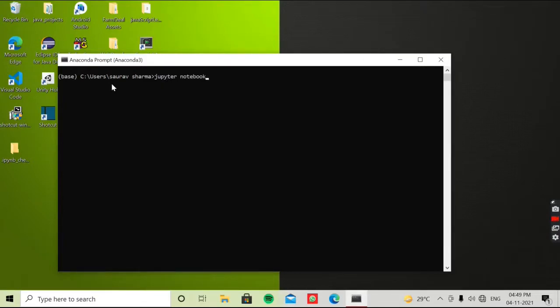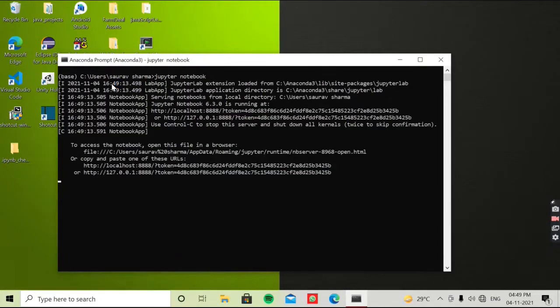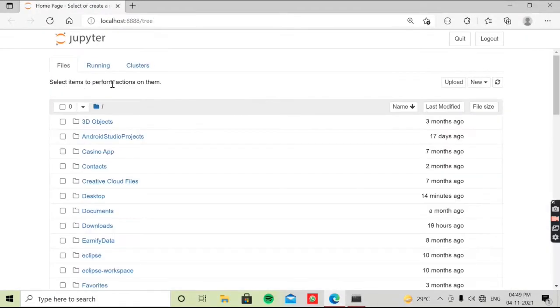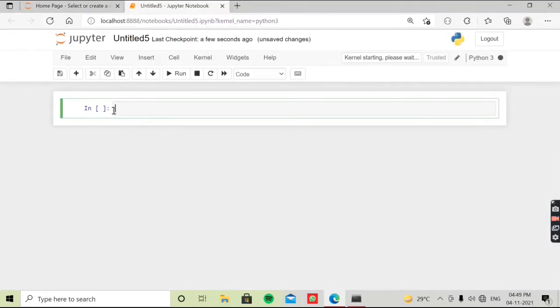Jupyter notebook. Okay. It is going to be very simple. Very simple. So start with a blank file. Okay. From datetime import